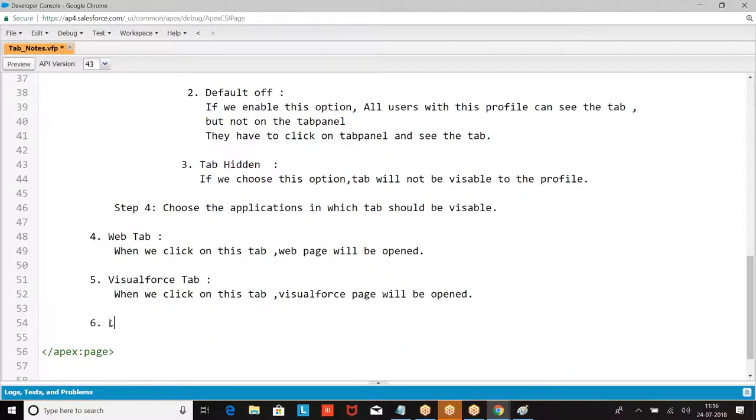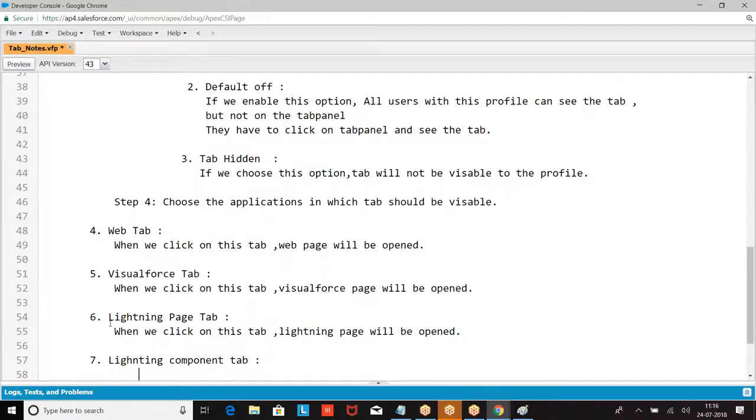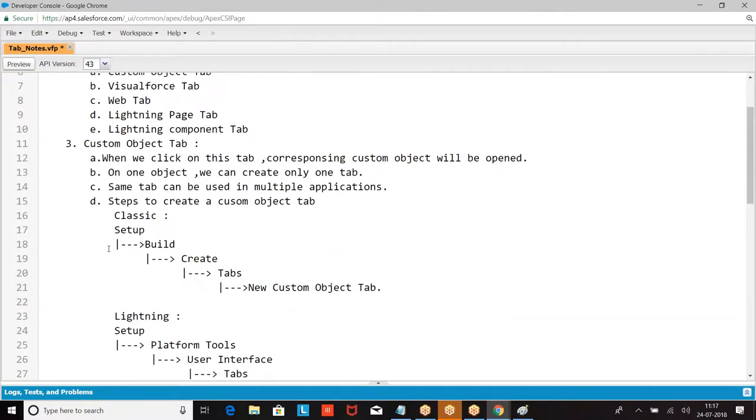Then we have the Lightning page tab. When we click on this tab, a Lightning page will be open, and the Lightning component tab opens a Lightning component. So what are the options we had?